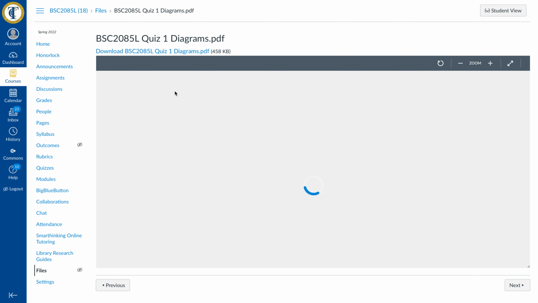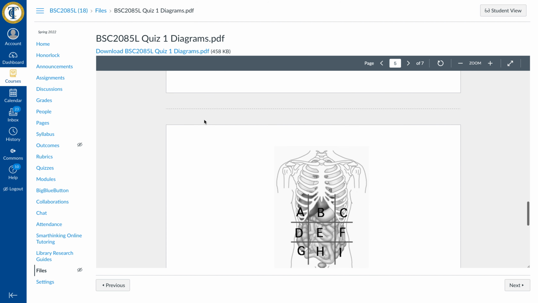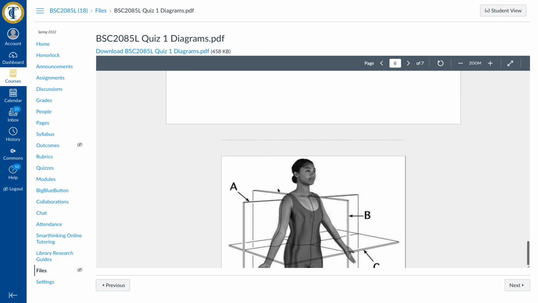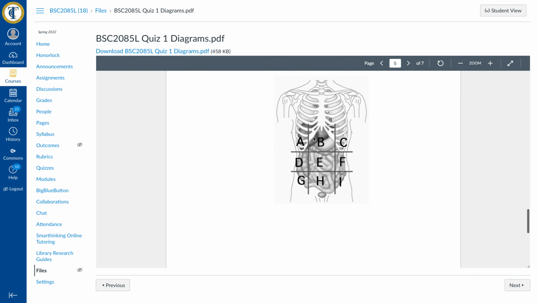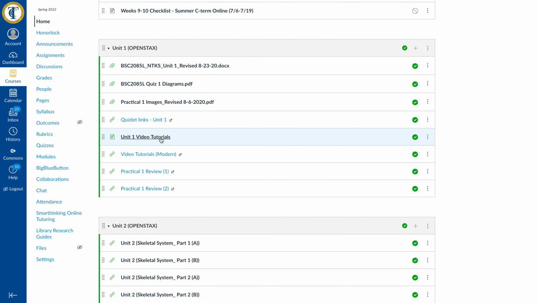So while you're preparing for the quiz, you should be able to study these sheets and be able to identify the different labels according to the video tutorials that you have in here.